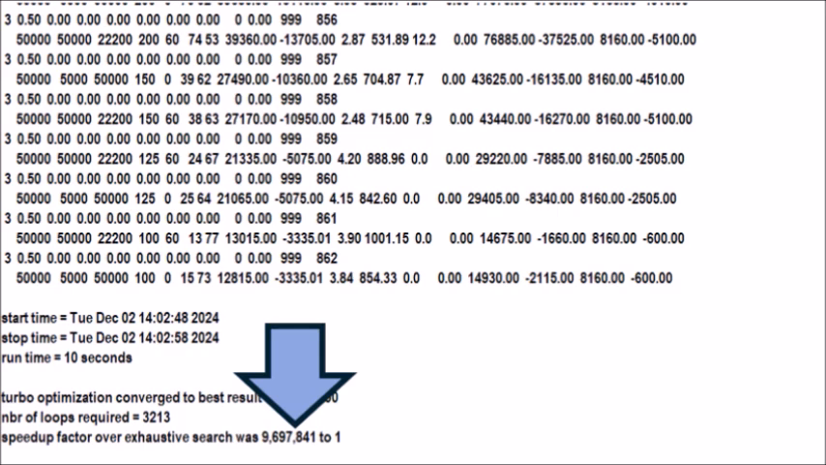In other words, what takes our software 10 seconds to run would require traditional software on the same computer doing an exhaustive enumeration 112 days to run. To run all 4,800 files using our software, it requires 13.33 hours. To do an exhaustive enumeration on the same computer, it would require